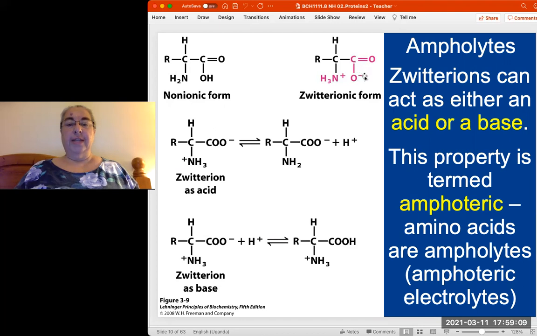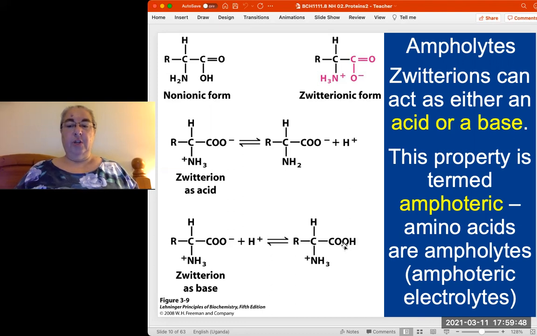It's a proton acceptor. So here we see the zwitterion acting as an acid. The proton is being donated from the amino group. So here we go from NH3 with a positive charge to NH2 and a free hydrogen ion. Here is the zwitterion acting as a base. In this case, it's the carboxyl group that receives a hydrogen ion and goes from being negatively charged